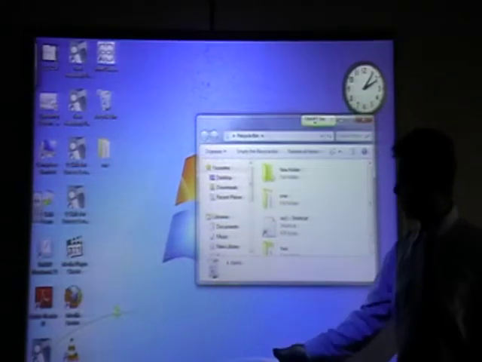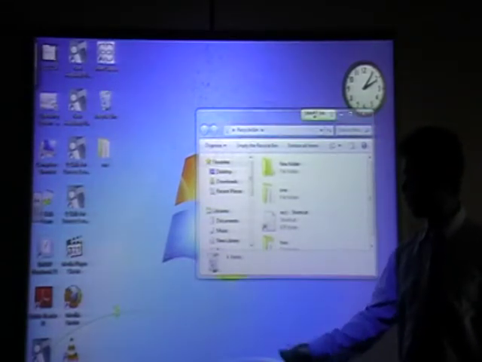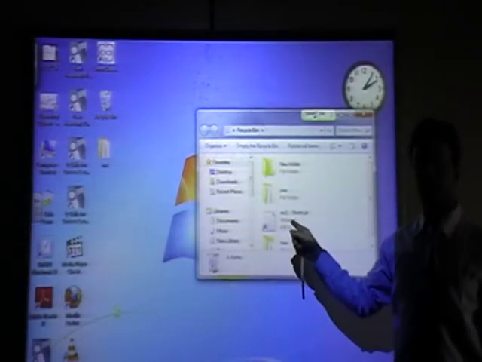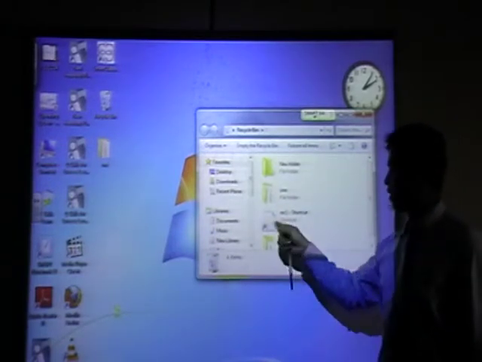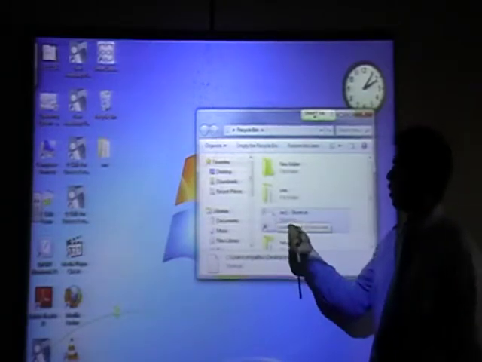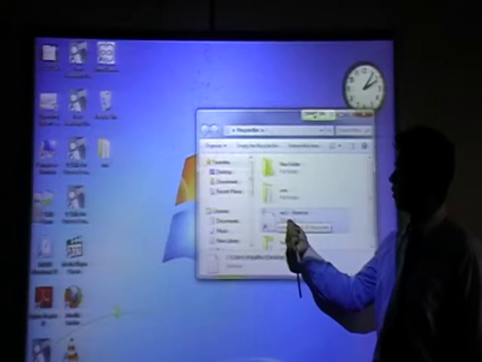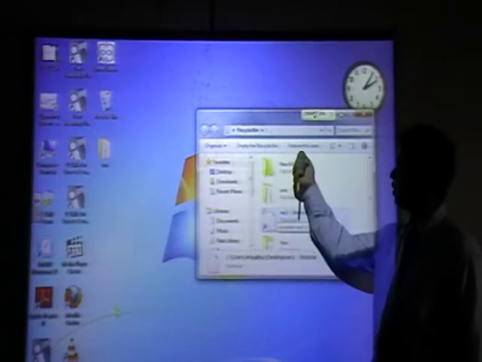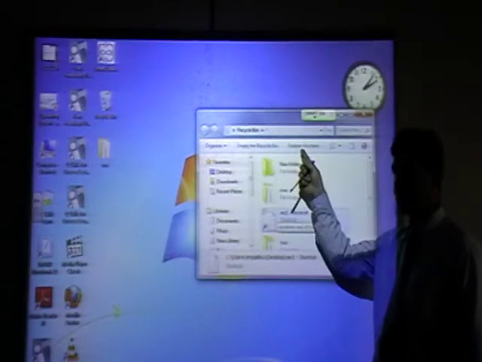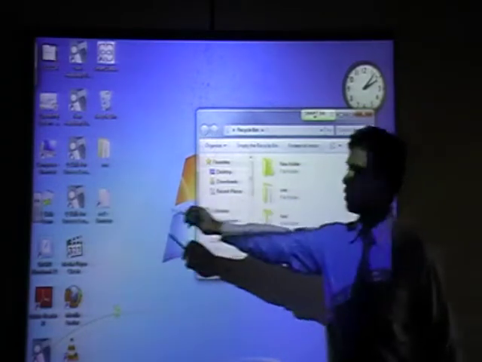When you open recycle bin, you can see the file is here. What you deleted from there, it will be here. You want to take it back? Right click on this one, or you can click on restore this item. So you will see it will be here.